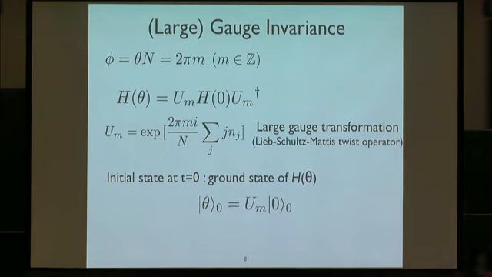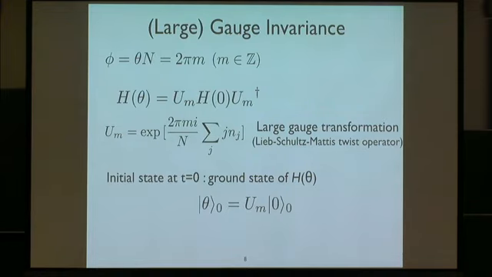So this is a problem, and there is an interesting or useful property of this system. Although so far we couldn't utilize this property too much for this quench problem, nevertheless this is a kind of exact symmetry of the system. That is, for this kind of flux problem, there is a gauge invariance, or more precisely, a large